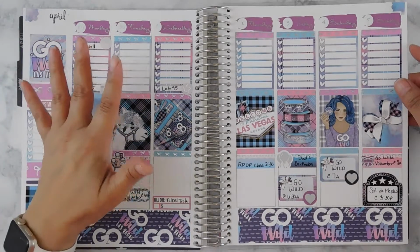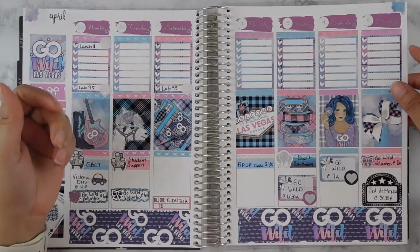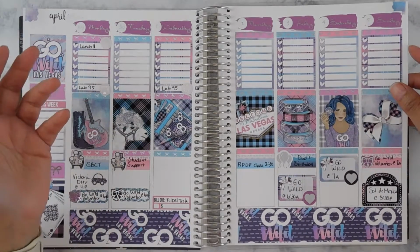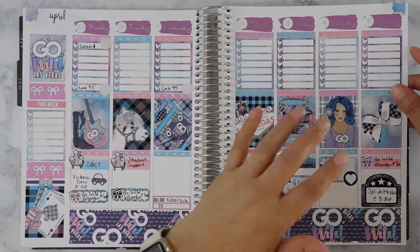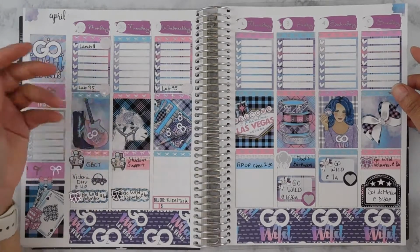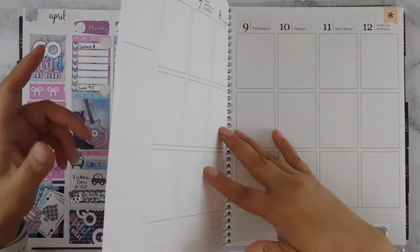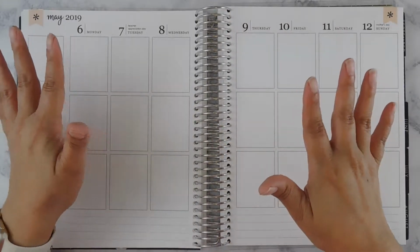But this was Go Wild weekend. It was an amazing weekend. I am so exhausted from this weekend. I was a volunteer, so we helped with a lot of behind the scenes stuff, pre-stuff in advance, and stuff afterwards. Even this morning I was there helping get stuff packed up, put away, and shipped, and I have nothing written down in my planner, so I am trying to get my life back together,